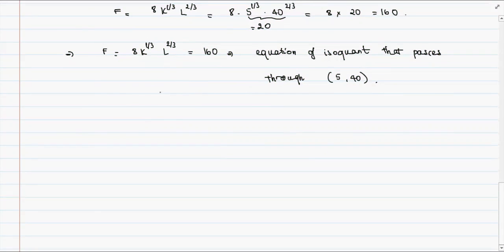Okay, so if I rearrange this, I will get K^(1/3) L^(2/3) equal to 160 divided by 8, and so that equals 20. Now in order to get rid of the number 3 in the ratio, I will just take the exponential of 3 on both sides of this equation. So what I do is I get K^(1/3) L^(2/3), everything to the power